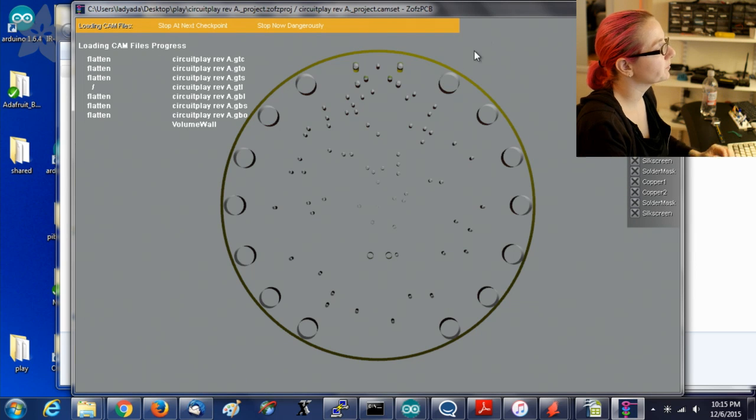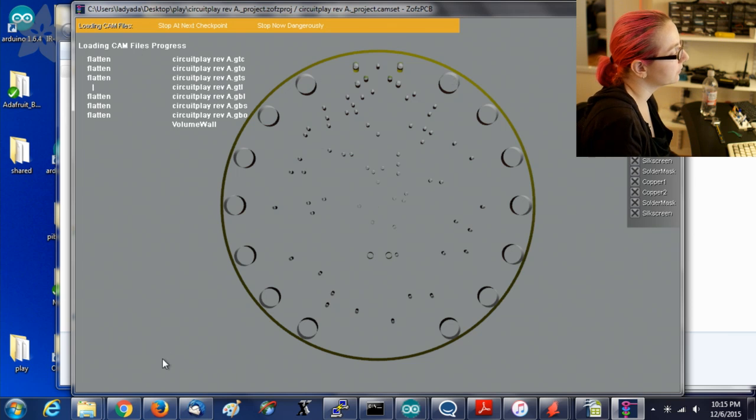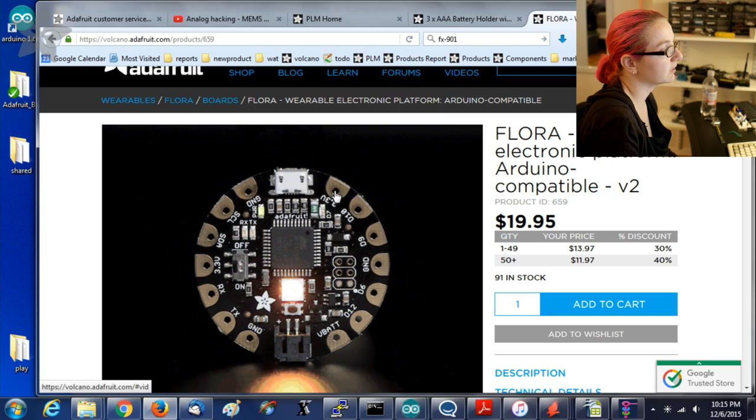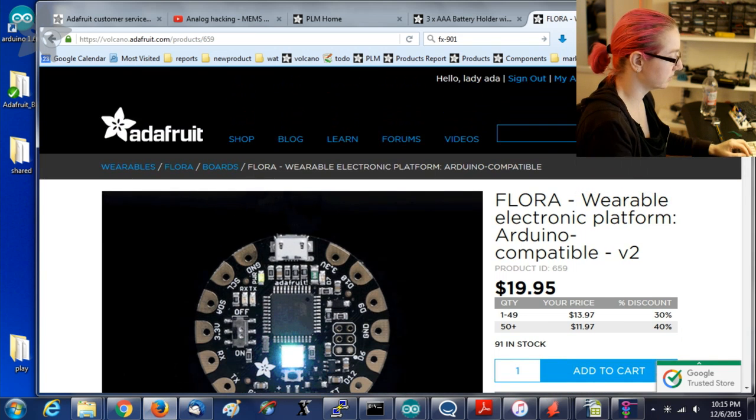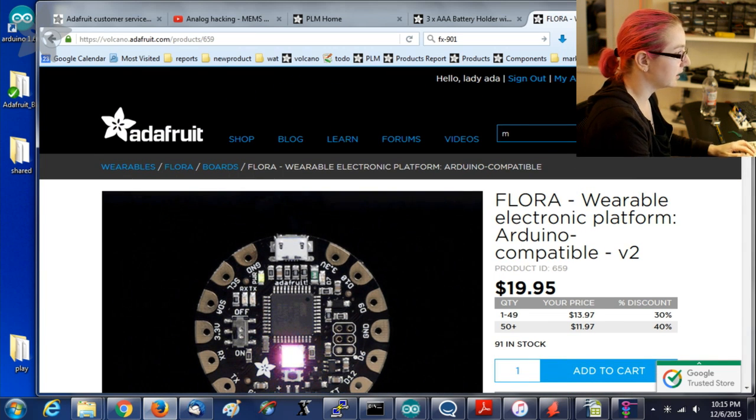Whee! What I want to show is the big holes in comparison to a Flora, which has these little ones. These ones are large and you can fit alligator clips through. And what this is actually a lot like is the MPR